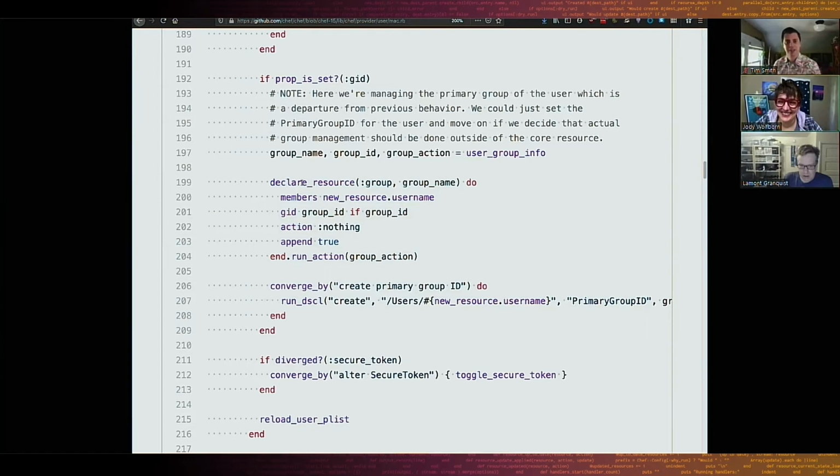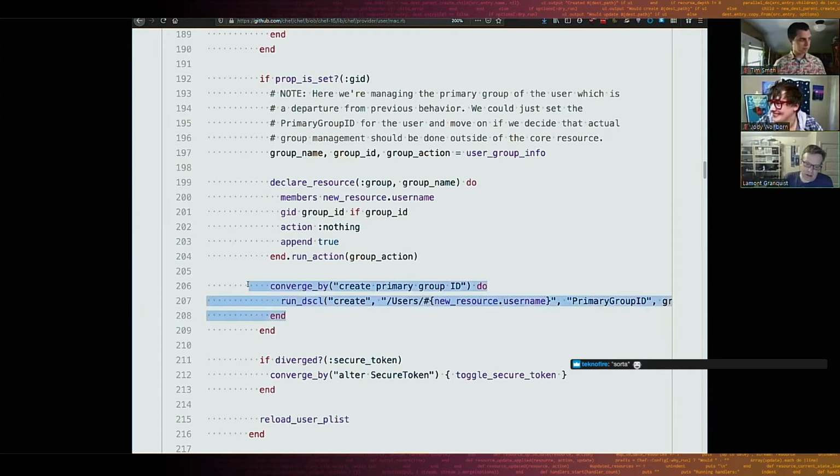The thing you need to know is that we're using declare resource, but this is just a group resource we're creating. Down here, we're doing a converge by to run DSCL, which is just a shell out. So this is all not a resource. This is pure Ruby. We want this to come after this. So all of the resources in here have this action nothing and force to compile time to make it so that this will run in the correct order.